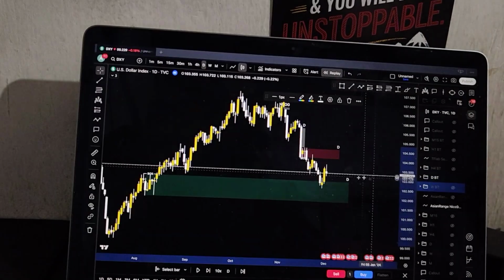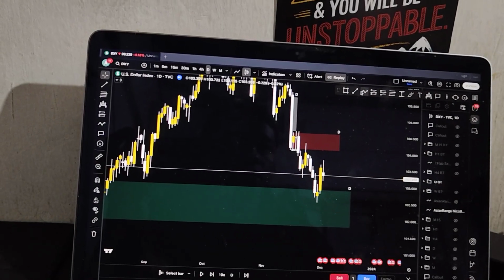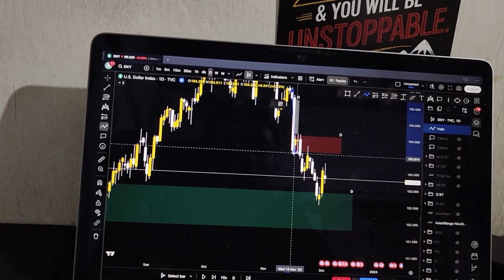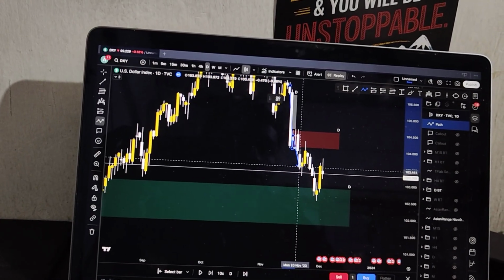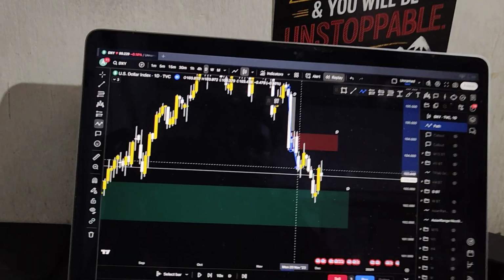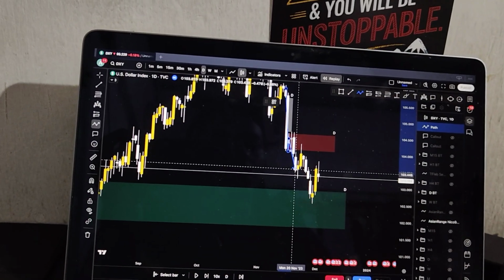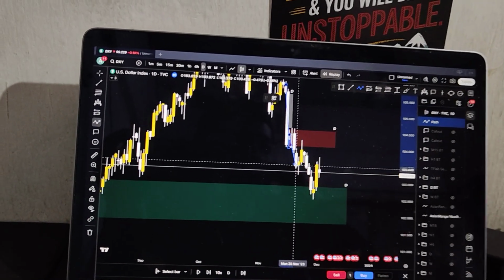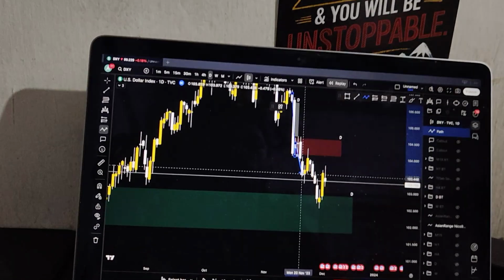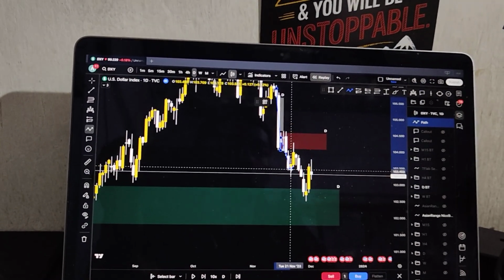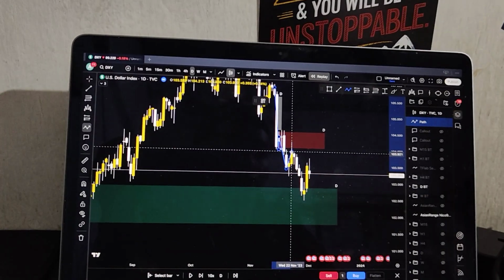So on DXY we can clearly see the trend. Now we see the trend on the DXY. Bias is not clear. They are doing sort of the same things, but if I am looking for something, obviously I will adapt to the daily bias. But if you ask me to tell you a weekly bias, then it will be bullish on DXY and bearish on GU, because